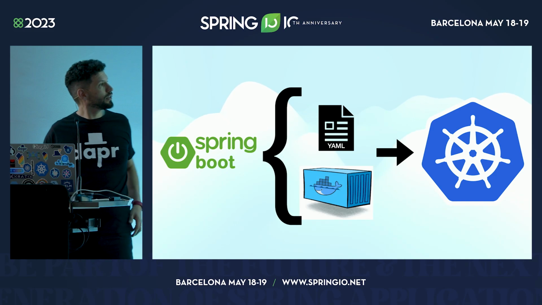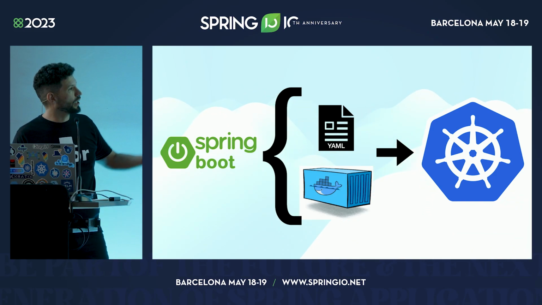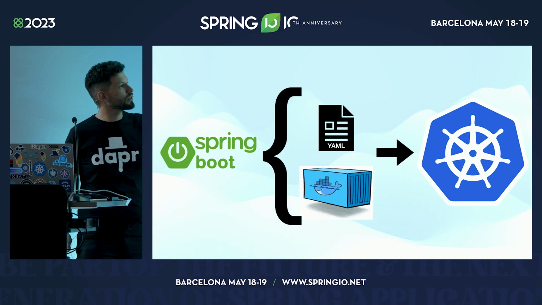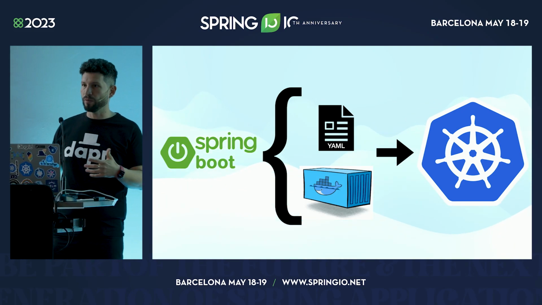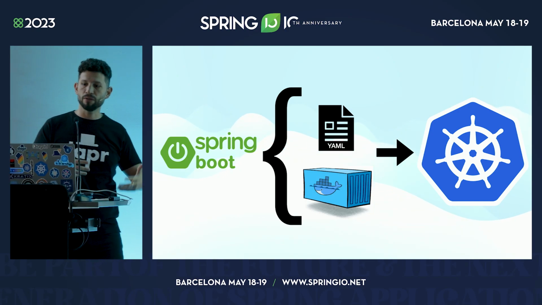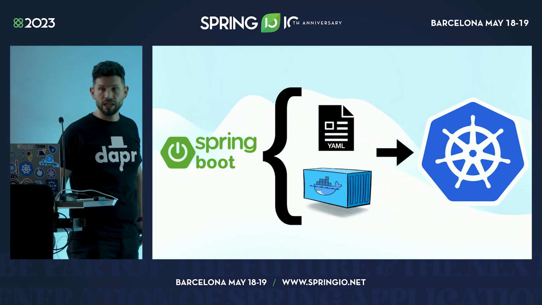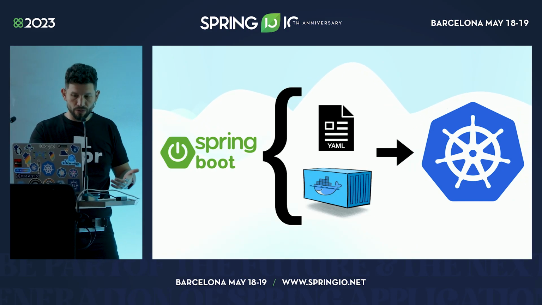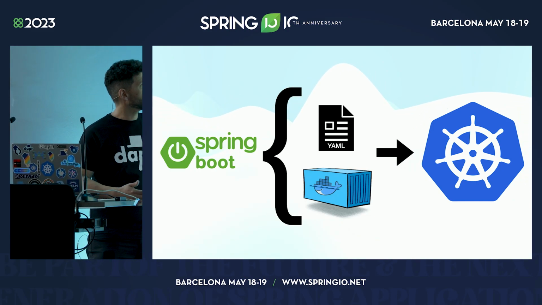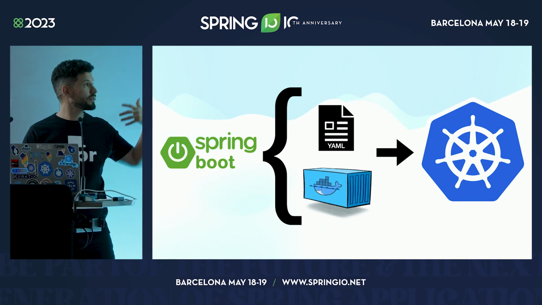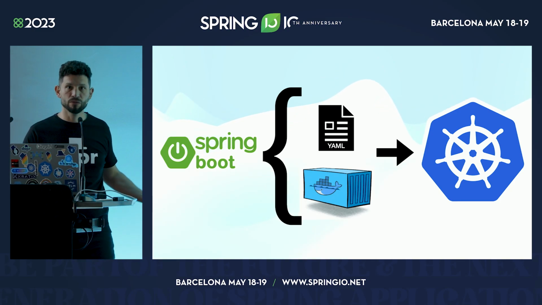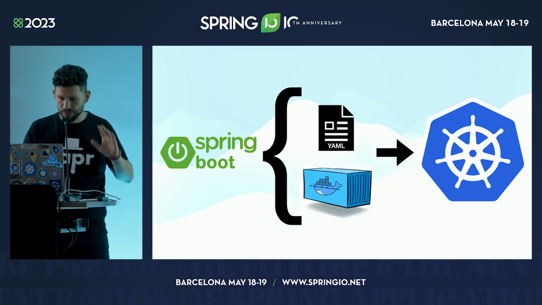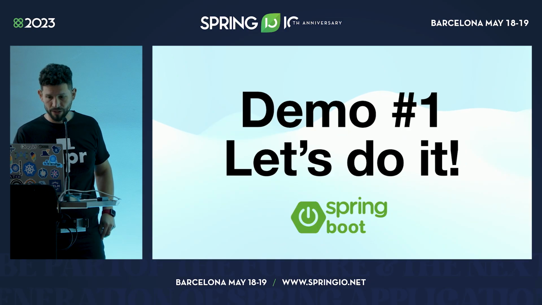So if we talk a little bit about Spring Boot and Kubernetes, there are a bunch of tools and extensions that you can use to actually run your applications on Kubernetes. But as a developer who is new to the industry and needs to learn all these things, it gets quite complicated. What I wanted to show you here is that, of course, you need to containerize your application, and then you need to write some YAML files so you can send them to the Kubernetes API to actually run your containers. And then there are a bunch of caveats that you need to go really, really deep into understanding.